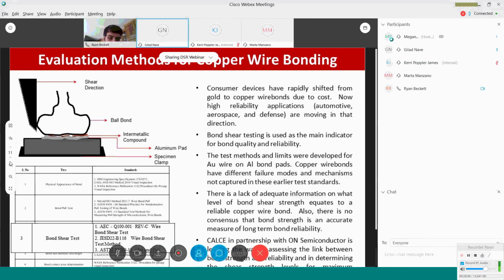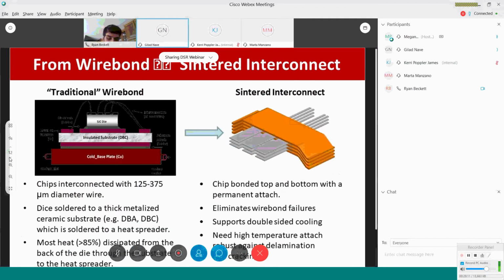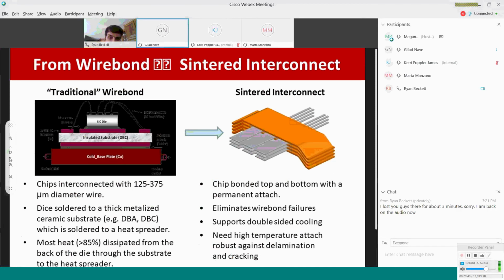One of the things we find is that people don't like wires because they tend to be a large tangled group, and you have to have very, very thin wires in order to make all the inputs and outputs. So it'd be really nice if you could get rid of them and just connect everything with little solder balls. And so there's a move from wire bonding to sintered interconnect, where people are trying to get rid of all the wires that are present in an electronic module and replace them with just solder joints. That's great because it eliminates wire bond failure, and it also lets you cool the package a little bit easier. But it means that you need to really worry about your solder.